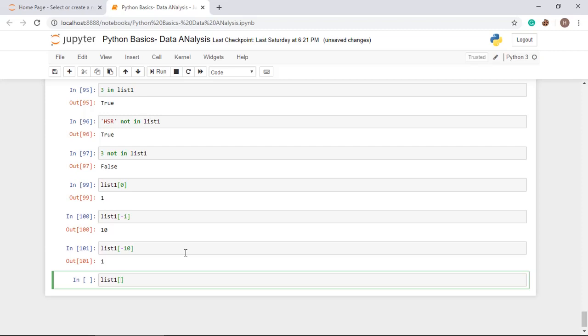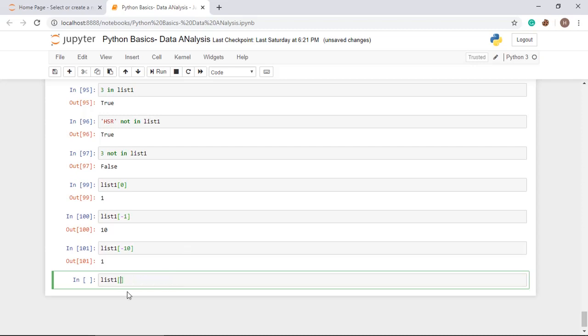Whenever you are working on a large data set, you cannot work on the whole data set at a time. You have to take out a small piece of data, and then you perform your analysis. So for that we must use slicing. Without slicing, how can we take out some data? In slicing there are 3 things required: the start value, then the end value, and the last one is the jump value. And always remember, all these 3 values are separated by a colon.